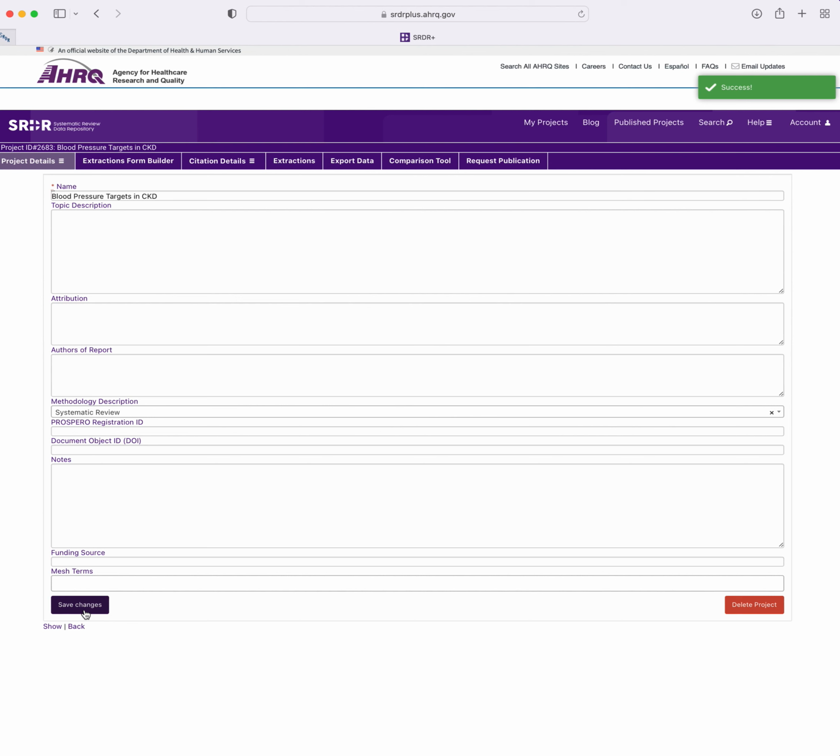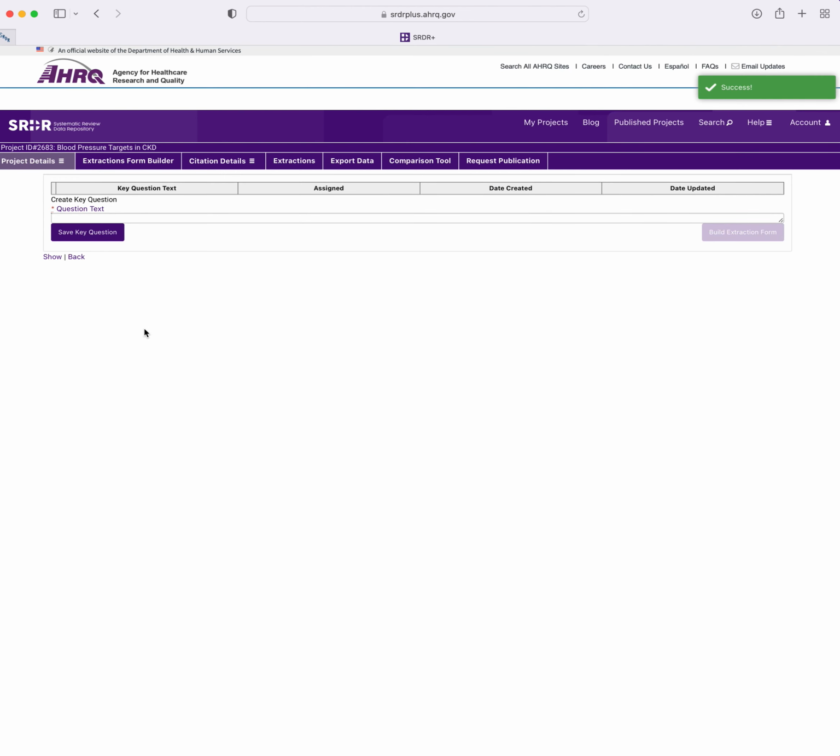Next, we must add the key questions or research questions of your systematic review. To do so, from the project navigation bar at the top of the page, click on Project Details, and from the drop-down menu, select Key Questions. For demonstration purposes, in the field labeled Create Question, I will enter the question text. Key Question 1.